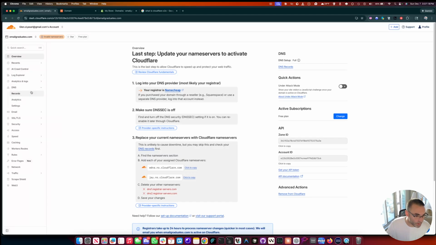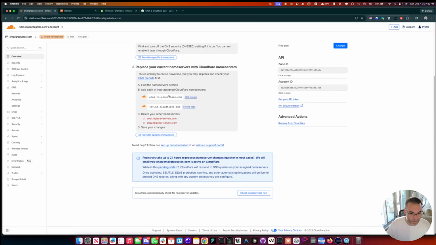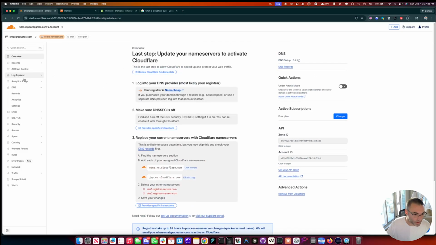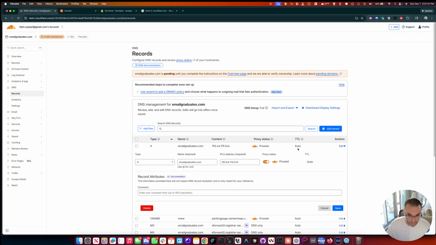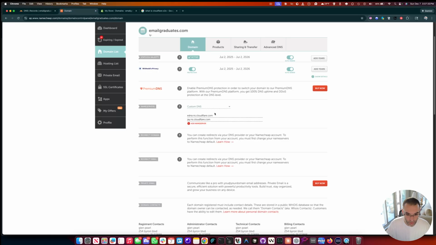It's not updated yet. We're gonna hit DNS, and so on the Cloudflare on the left hand side. After you check this, do this. You're on this page. Click on the DNS and then records. So now we're gonna edit these. So your A record, it's saying to